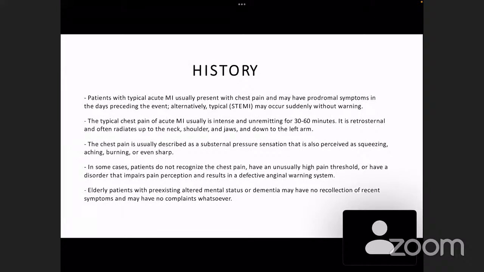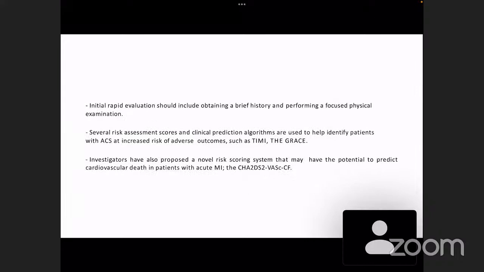In some cases, patients do not recognize the chest pain and have an unusually high pain threshold, or have a disorder that impairs pain perception and may result in a defective warning symptom. Elderly patients with pre-existing altered mental status or dementia may have no recollection of recent symptoms and may have no complaints whatsoever. The initial rapid evaluation should include obtaining a brief history and performing a focused physical examination,